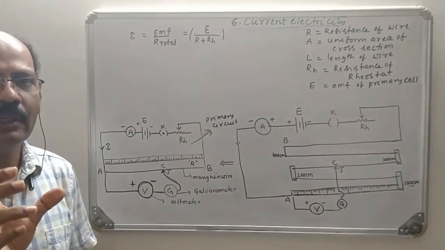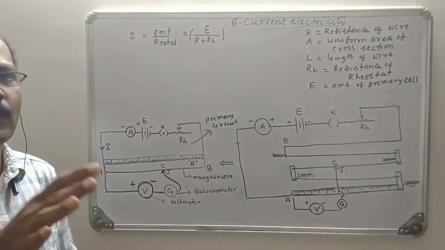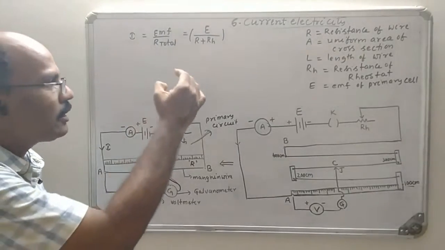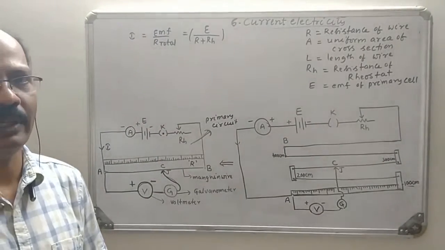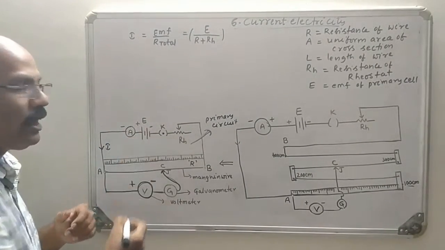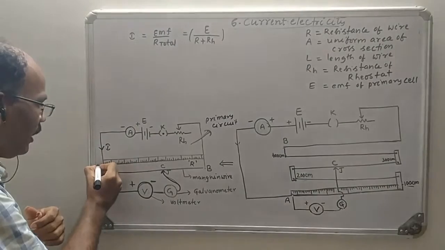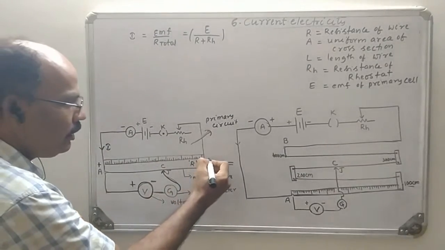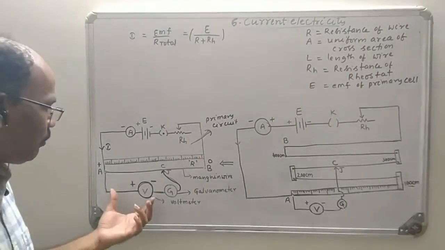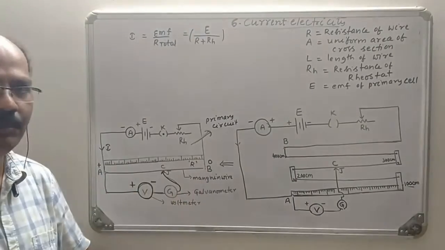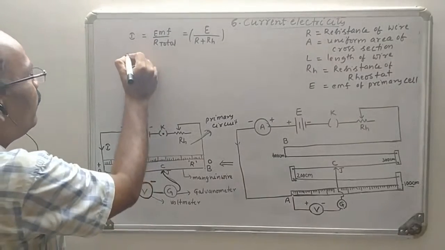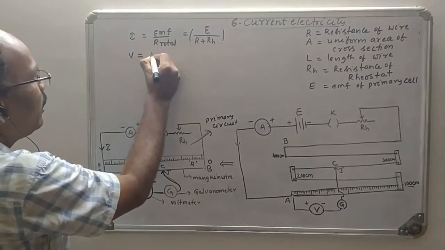Then that drop is directly proportional to the balancing length. That can be observed and explains the principle of the potentiometer wire. Plus means high potential, so this is the high potential value, and this is the low potential value, point B, that is 0. Then what is the potential drop across the potentiometer wire? That is nothing but V. So V is the potential difference